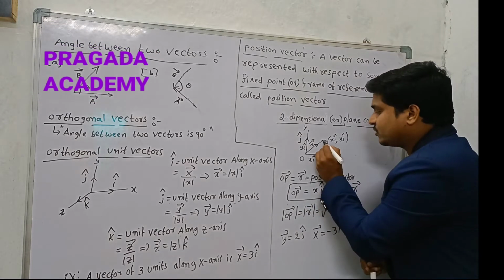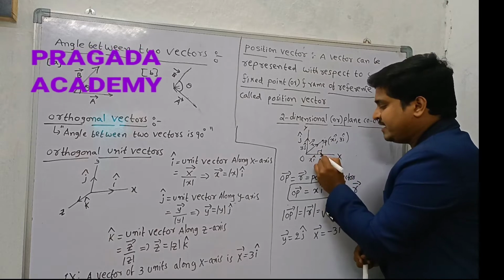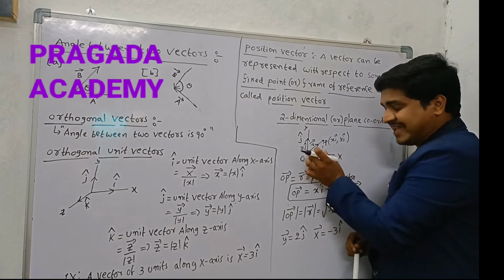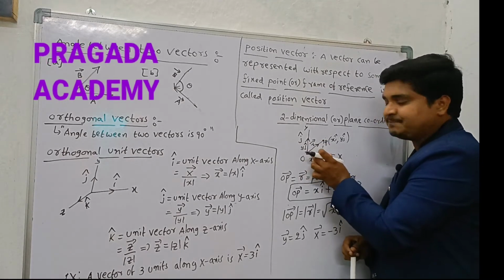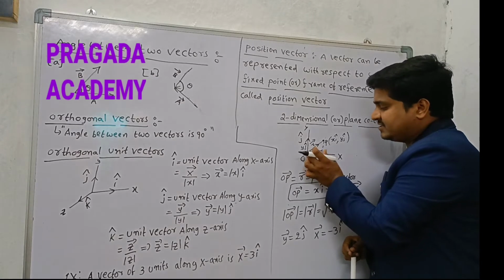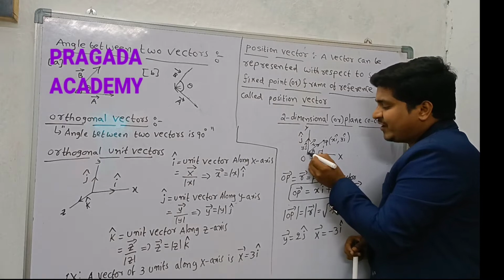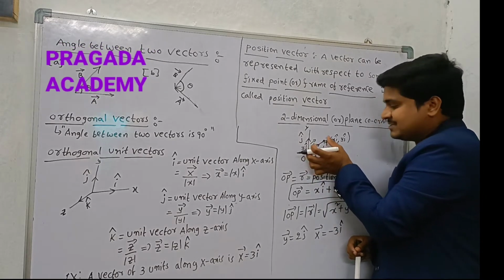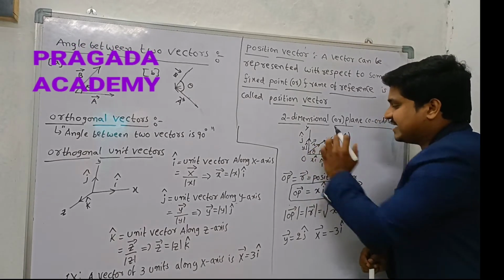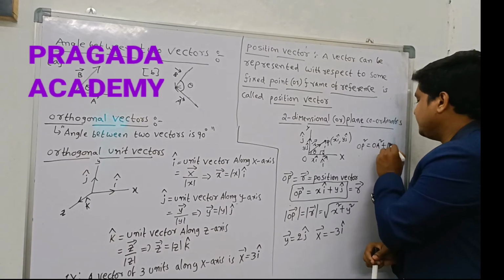To find the magnitude, if you draw a line here, this will be 90 degrees. If you take the point A, OPA is a right angle triangle. Here the magnitude value is x units, either 3 units or 4 units. x will be the adjacent side and this will be the opposite side. If you take theta here, how to find the length of OP, the hypotenuse? From the Pythagoras theorem, hypotenuse square equals side square plus side square. OP square equals OA square plus AP square.